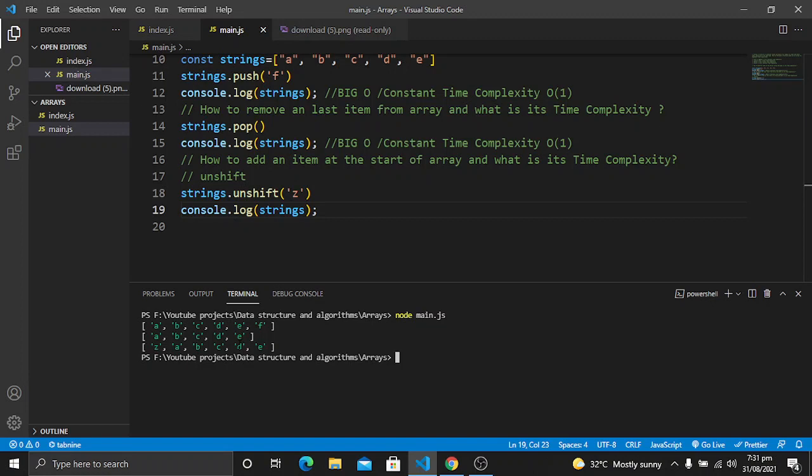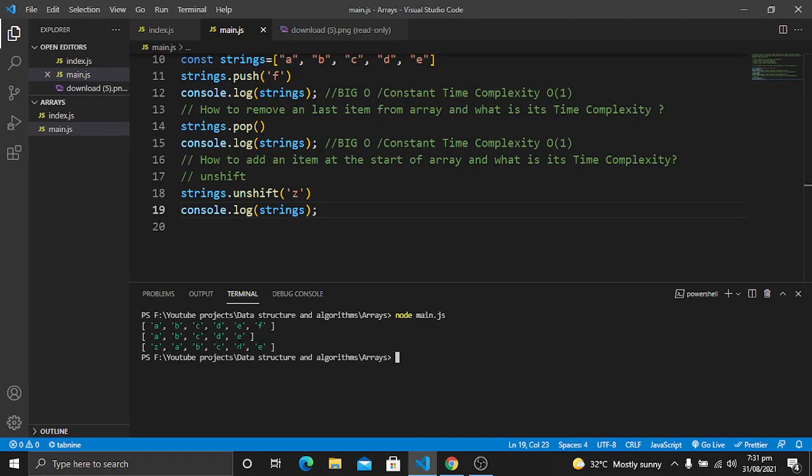Maybe you can use other data structures, for example hash maps, linked lists, or different data structures instead of arrays for these operations.